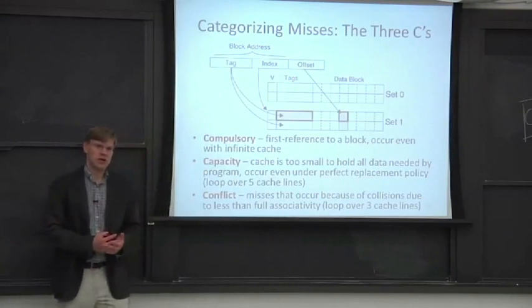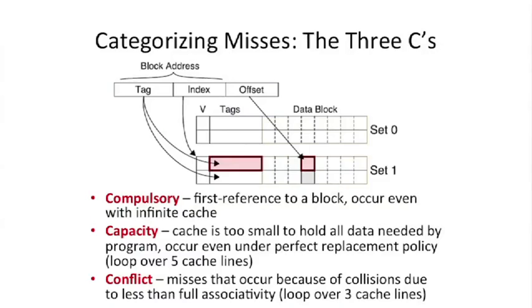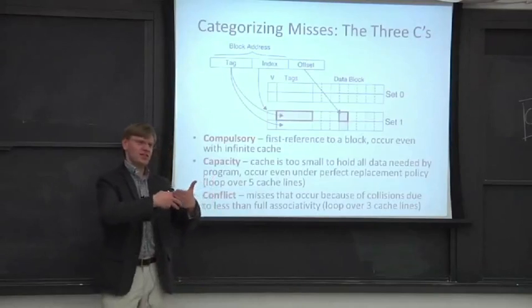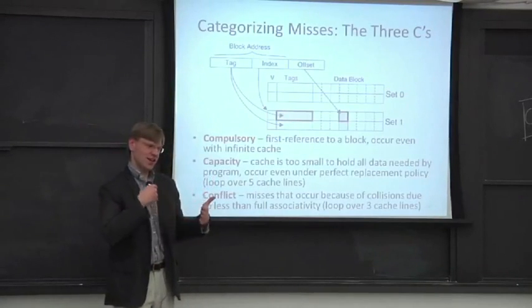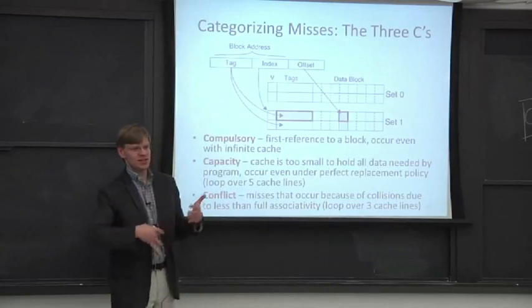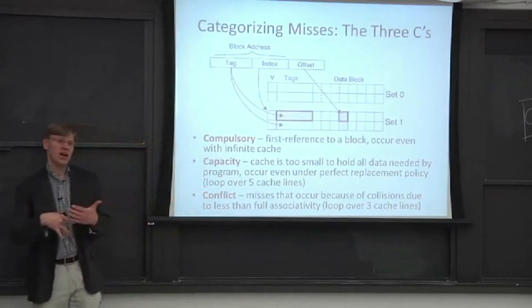Okay, the second C that contributes to the performance of caches is the capacity of the cache. So traditionally, a larger cache will be able to fit more data, and you will have a lower miss rate if you have a larger cache. So let's think about that. This is an important question here. Will a larger cache always have a lower cache miss rate than a smaller cache? In a loop, let's think about what kicks data out. If you have a cache that is, let's say, 8 lines, and you have a cache that is 16 lines, by definition